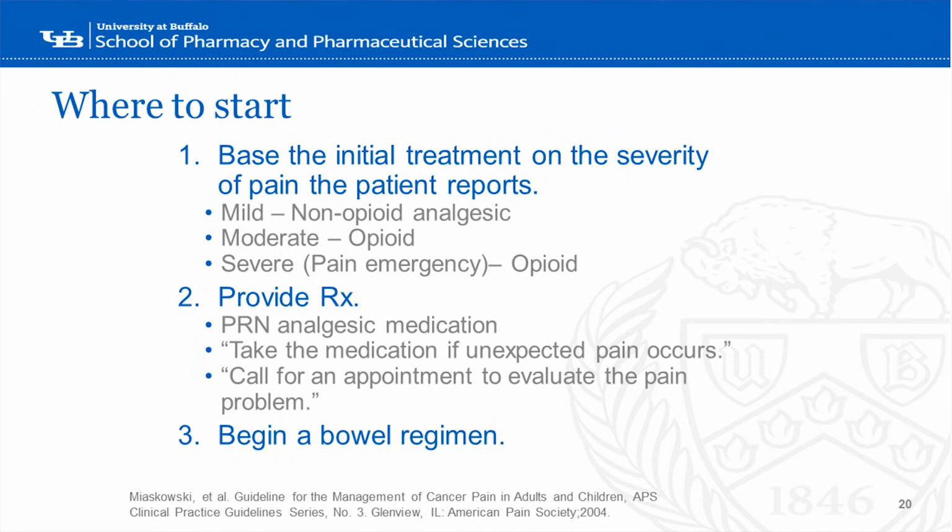So where to start when you have a patient with cancer pain? It's based upon the initial treatment of the severity of the pain that the patient reports. And again, this goes back to some of the basic tenets of pain management, is how important assessment is to find out really what level of pain the patient's in and what type of pain that the patient's having. So again, for mild pain, we consider perhaps non-opioid analgesia. For moderate pain, we're definitely looking at opioids,